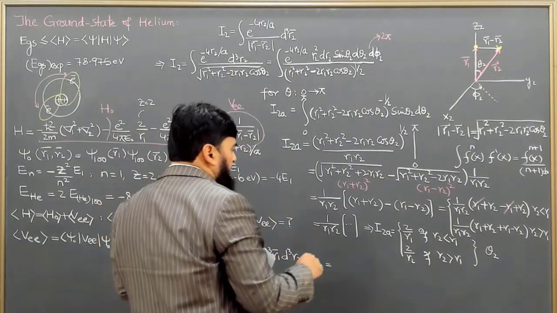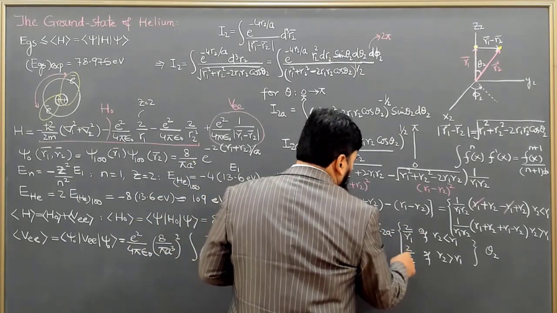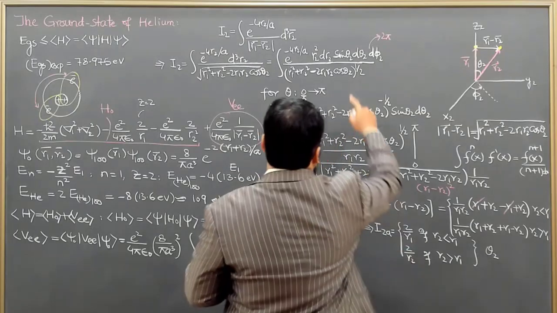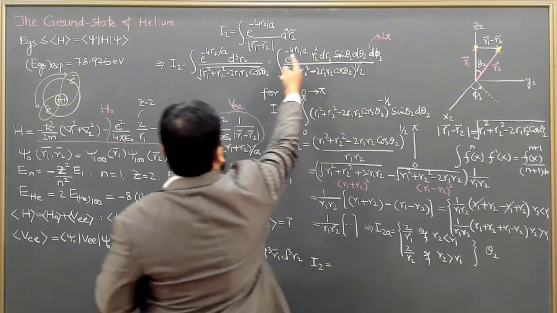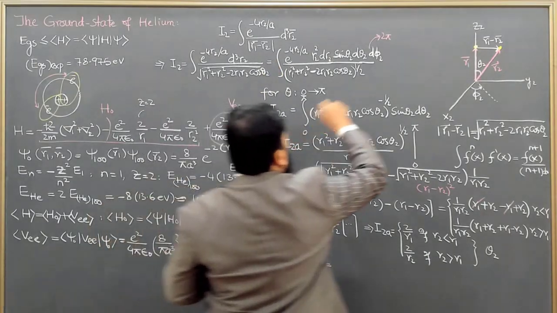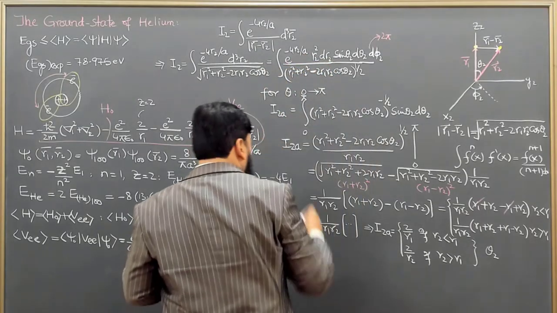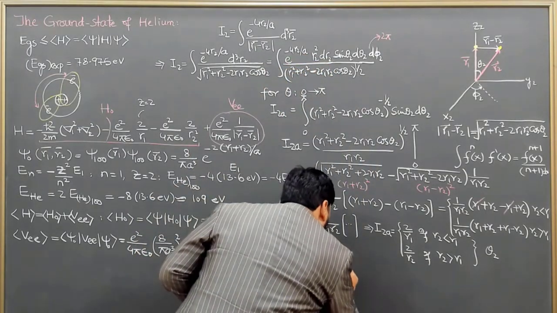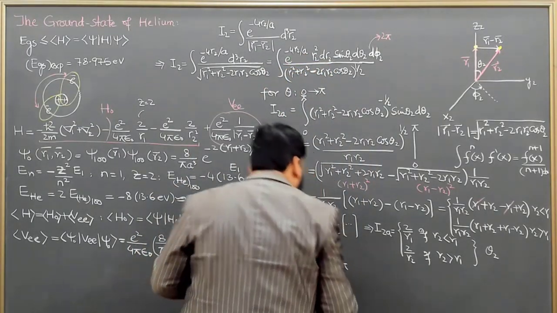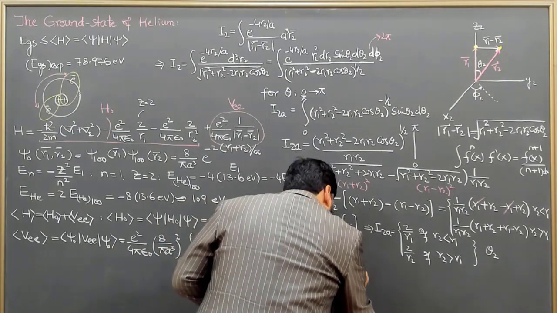Now before the integral, 2 over R1, 2 over R2, so 2 is common in both. So this 2 we will move outside. And another thing, phi will give 2 pi. So 2 into 2 pi will become 4 pi, and then we have